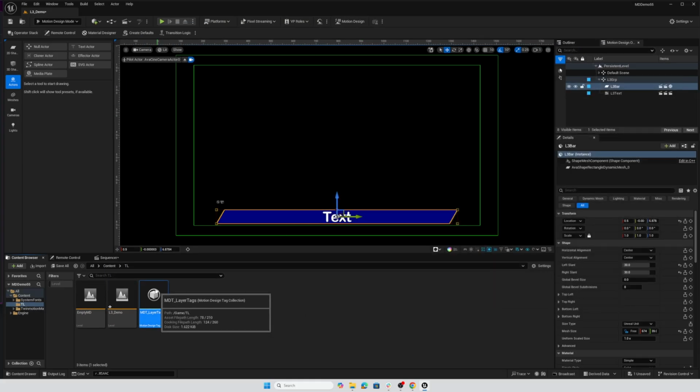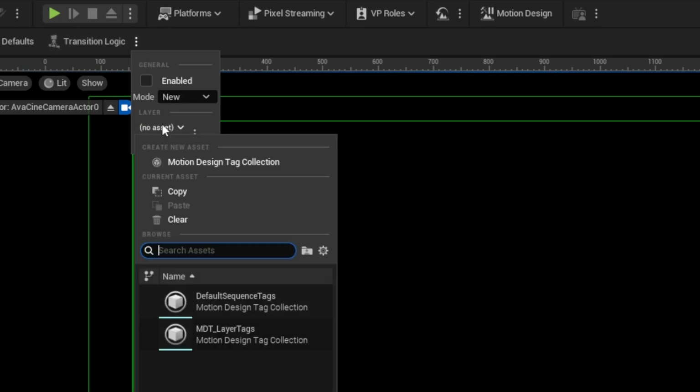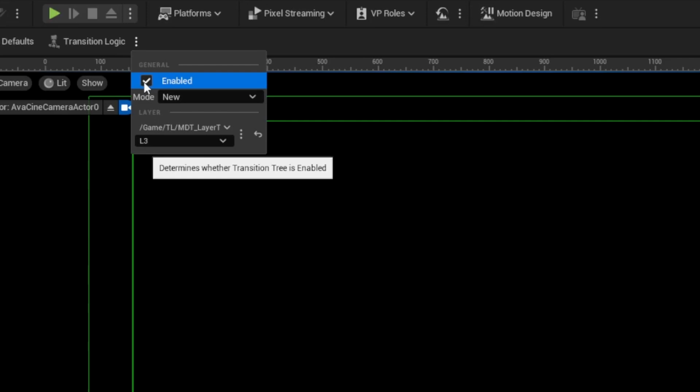So now that that L3 exists in the tags, here in my level editor, I can go to Transition Logic, click on this little ellipsis, and select this asset and assign a layer. So right now there's no asset by default. I click on that, and I'm going to choose my MDT layer tags, and then I have my L3 to choose from. So now this is in layer 3, and finally I want to enable my transition logic,